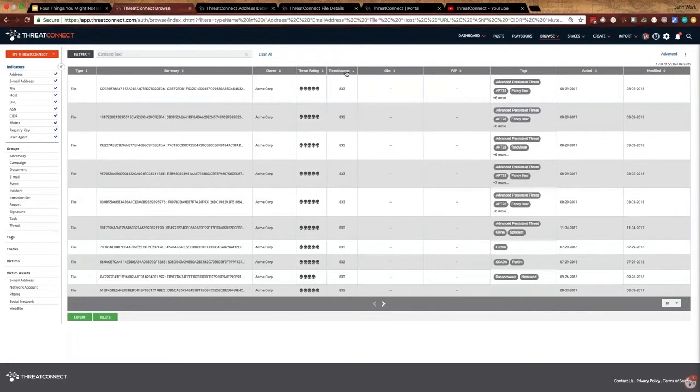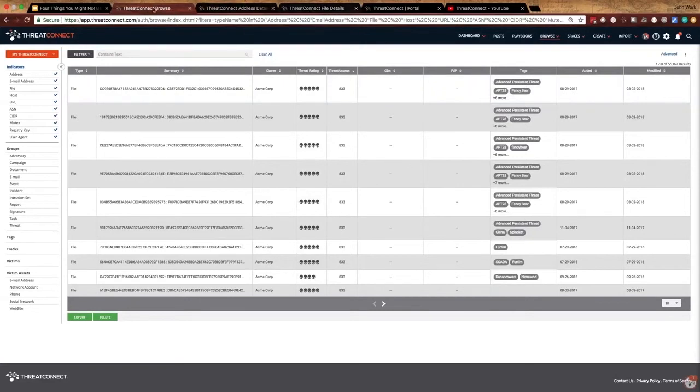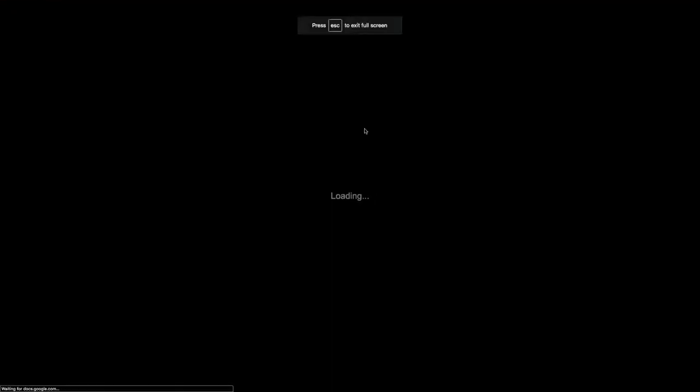So the scores are there in order to help you put in order the things that you need to look at throughout the day. I don't want you to go in and take a look at those scores and say, oh, that's not bad. Or yes, this is DEFCON 10, we need to go look at this right now. Sort of the same focus when we get over to CAL. Let's switch over to the CAL slide here.